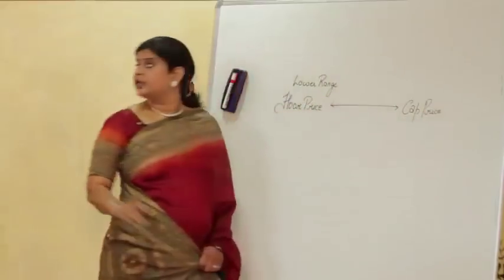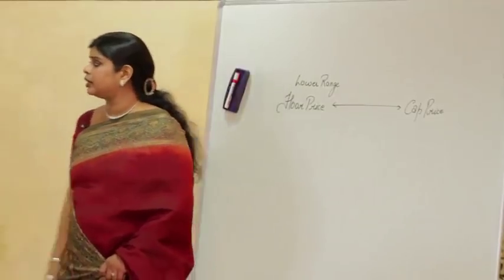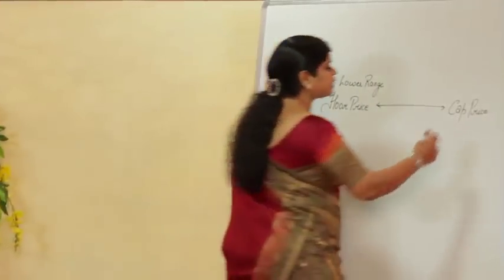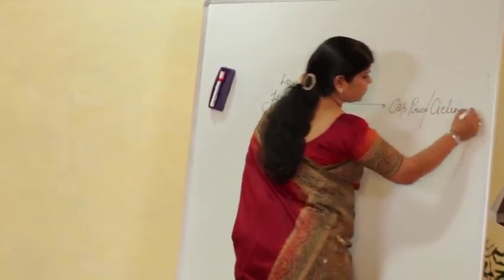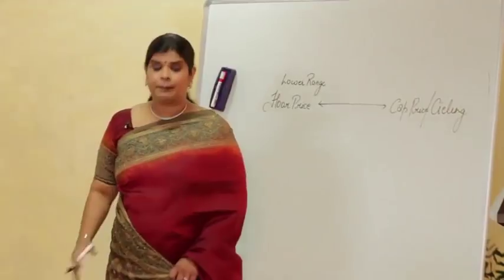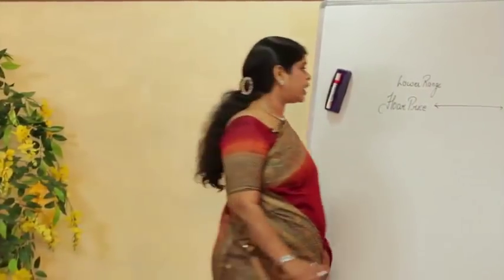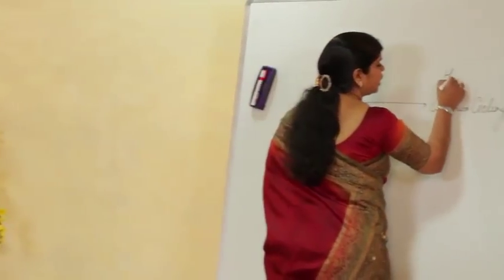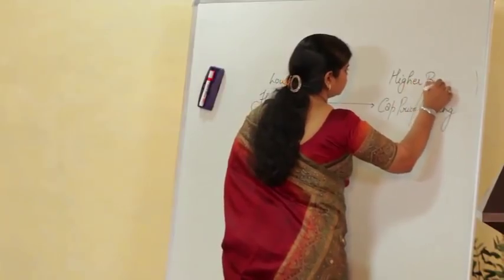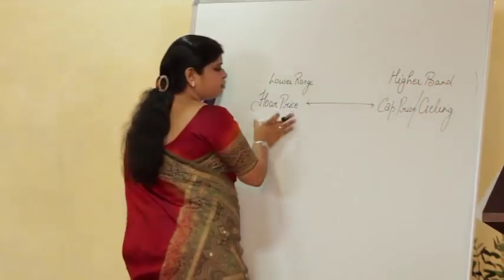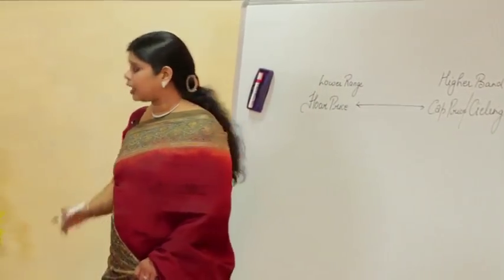right friends? So the lower end of the price band is called a floor price, and the higher end of the price band is called a ceiling price or the cap price. So it is also termed as a ceiling price. That is the maximum my applicant can opt for. So that is the maximum bid which they can opt for. So this is the highest range in the price band. Okay. So floor price and the cap price are decided, and they are disclosed to